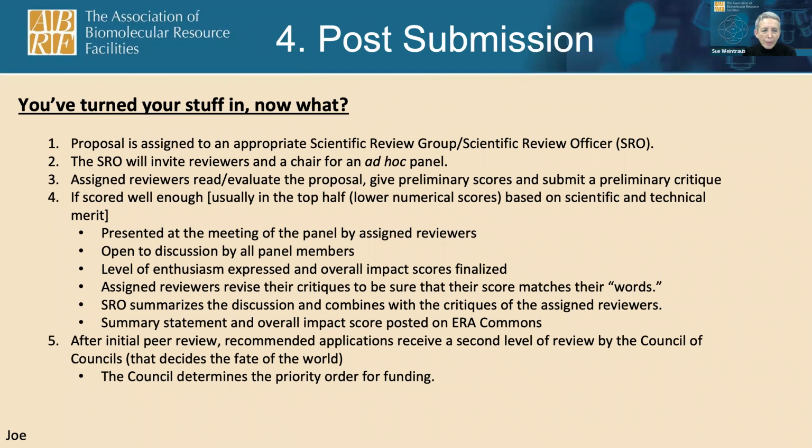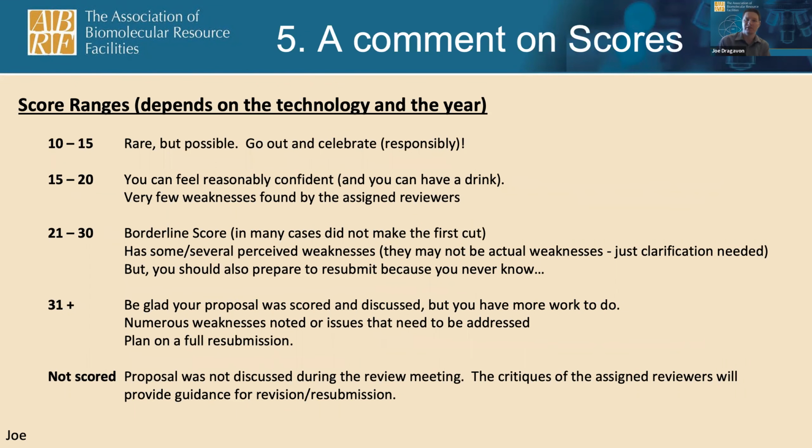Yep. All right. Thanks. And then as for the scores, these are relative ranges of what one can globally expect. These are not absolutes by any stretch. You can get a 10 to 15, and you should definitely be super psyched about that and go out and celebrate. 15 to 20, you're also feeling quite good, and I think that's probably quite universal across the board. 21 to 30, this is where you're starting to get into your borderline ranges. Like you may make it, you may not make it. It really depends on a lot, right? And you get some major, perceived weaknesses.